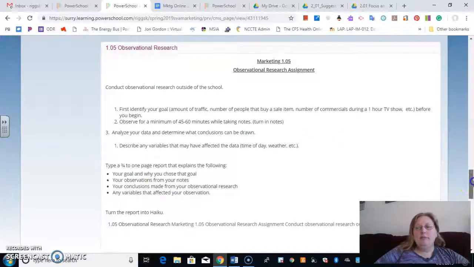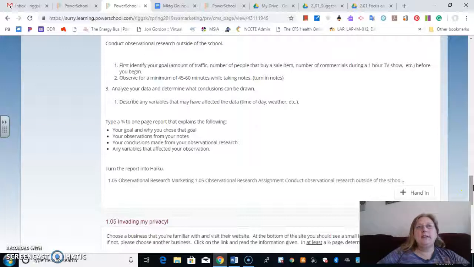This is meant for you to understand what marketing information is. We're doing observations. Sometimes they do surveys. So you want to do this project and turn it in. It's not a big project. It shouldn't take you that long. But don't wait till Saturday to do your observation and then you're stuck writing over the weekend.